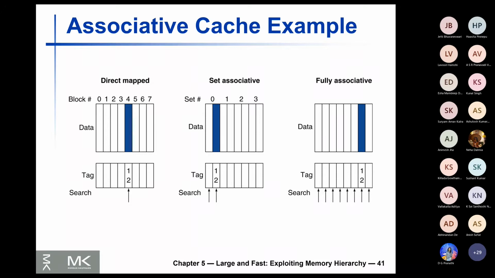And I compared these different schemes with the schemes of students sitting in an exam hall. In a direct map cache, the exact roll number of the student is mentioned, and the student has no option but to go and sit there. In a set associative cache,